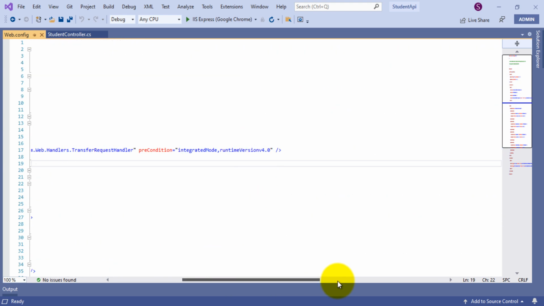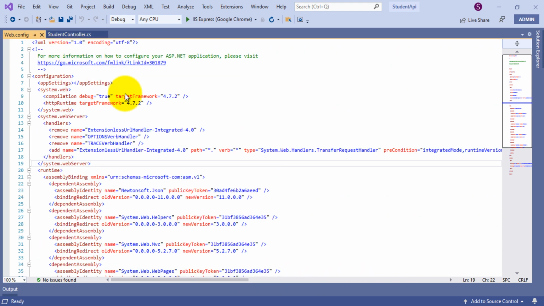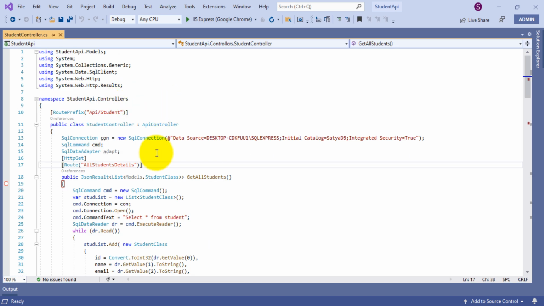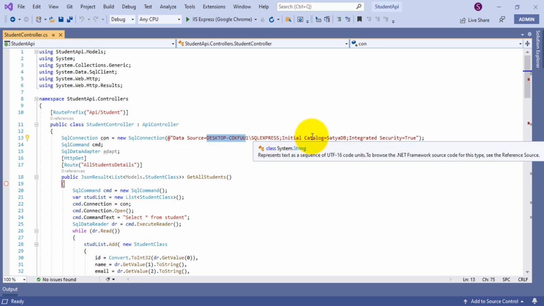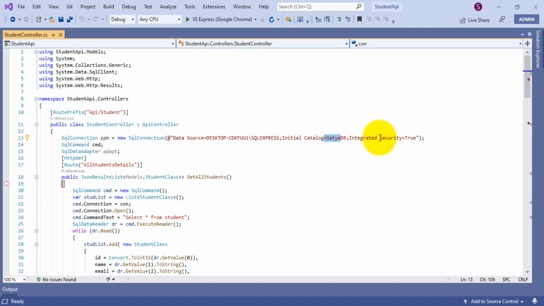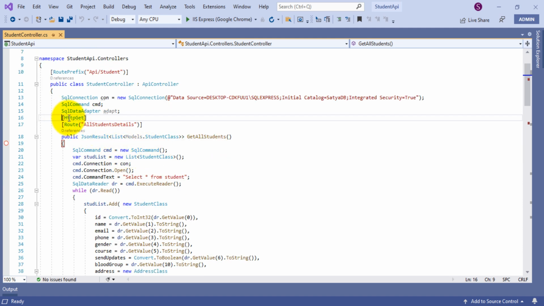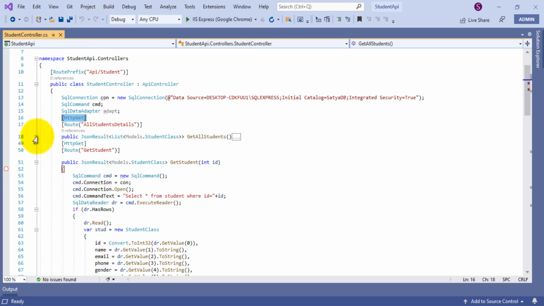Okay, so instead, I have used the same connection string in the code using the SQL connection class. So this is the connection string, which has the data source, this is the server name, and this is my DB name, and this is integrated security equal to true. Okay, so here for HTTP GET, I need to